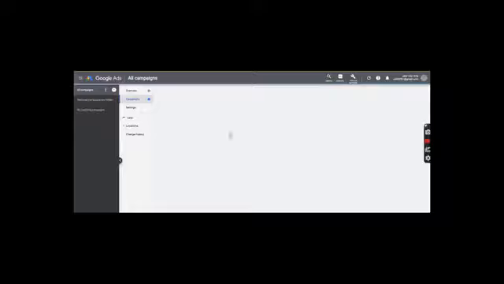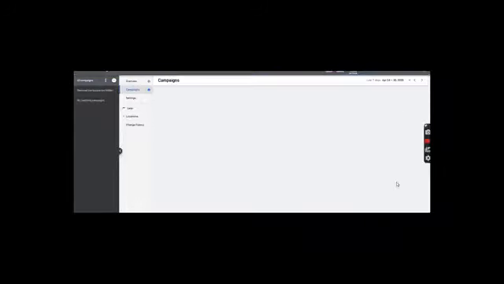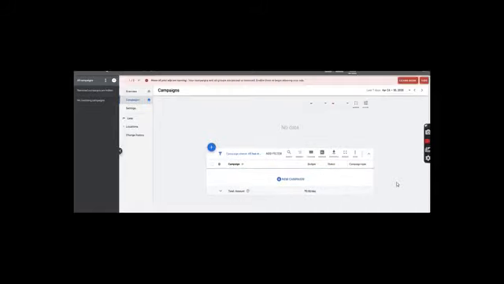There are a lot of things, so I will tell you briefly about all of them. Just hold a bit. Let this tool first open completely. Okay, it is taking a bit of time. No problem. Okay, so now we are in the Google Keyword Planner tool.